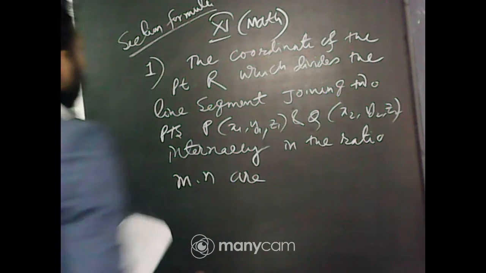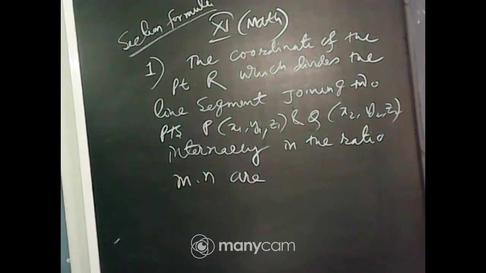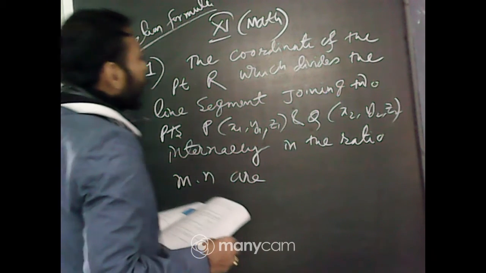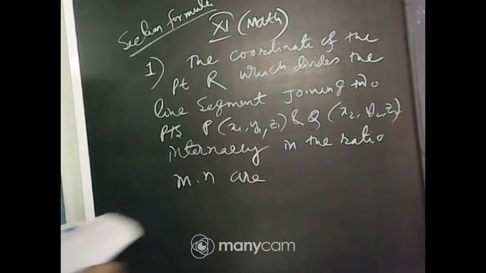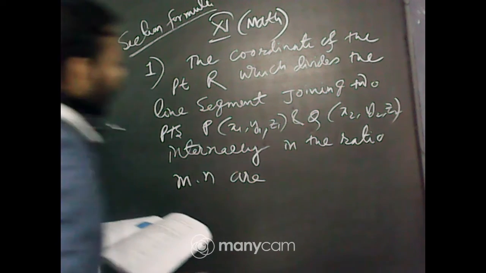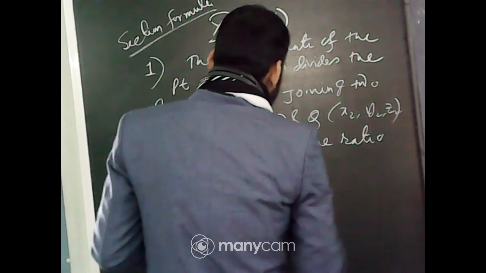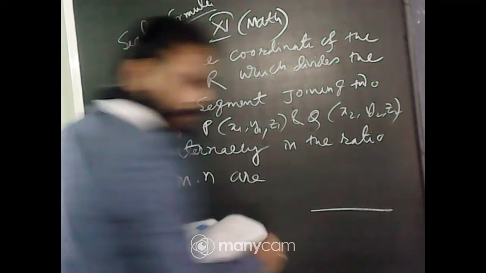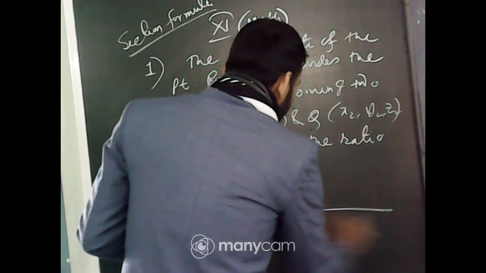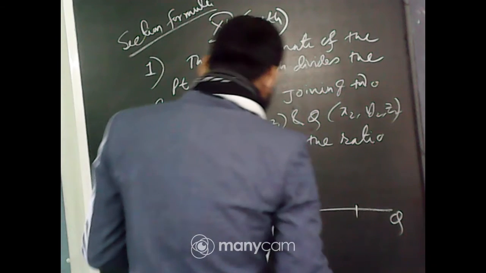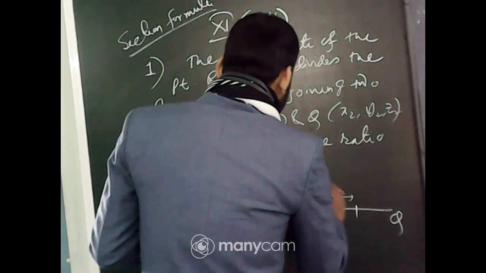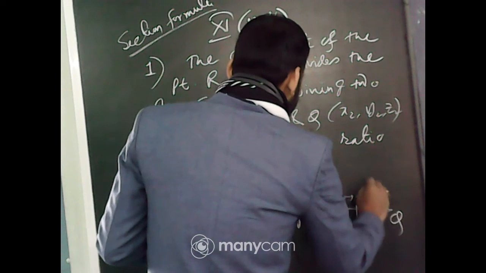So the coordinates of the point R, which divides the line segment joining two points P and Q internally in the ratio m is to n,